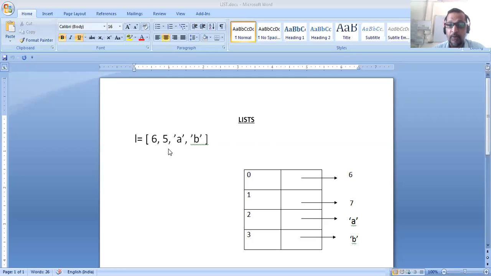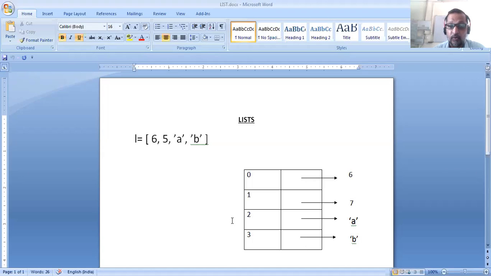The maximum index value will be less than the length of the list. Index 0 contains a reference that refers to the memory location where value 6 is stored. Index 3 stores the reference that refers to the memory location where B is stored.